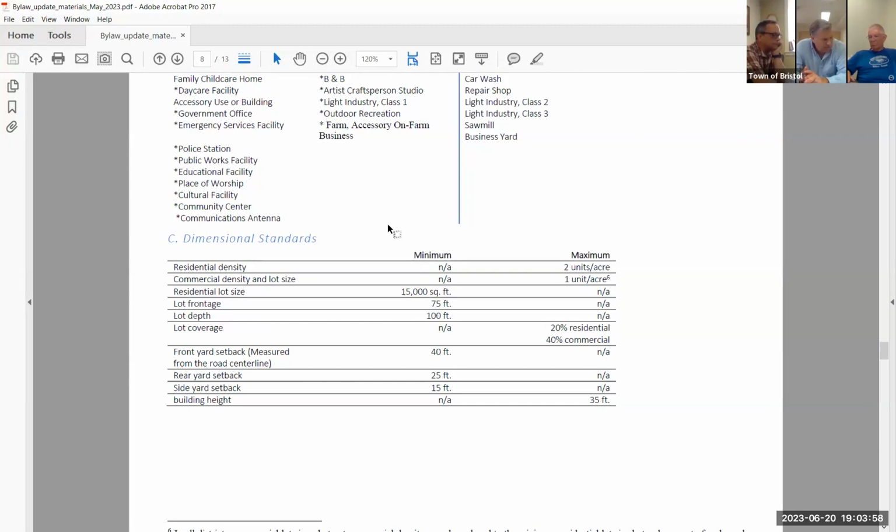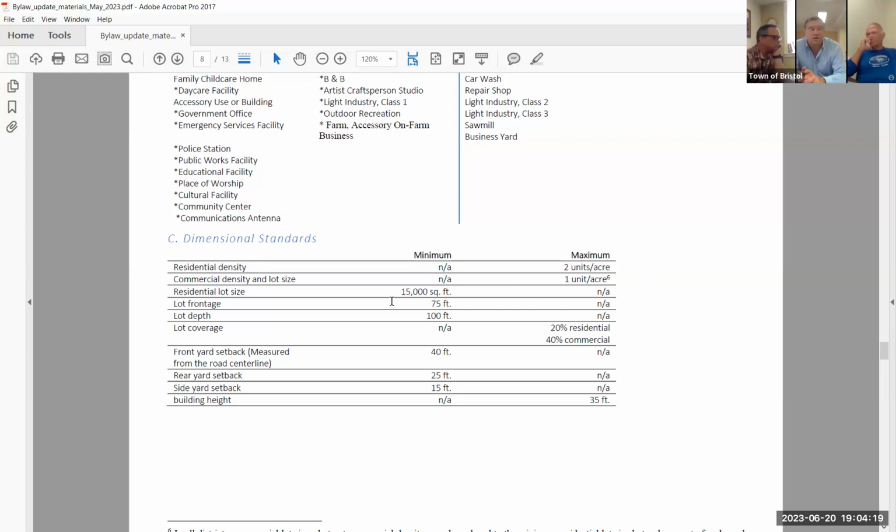When we left off, we were talking about basically density again, and density would include number of units per acre, and it would also include basically your minimum lot size, and in this case it's 15,000 square feet. So 2 units per acre, 15,000 square feet.